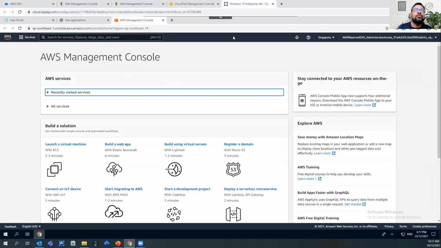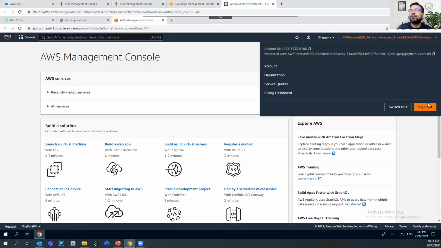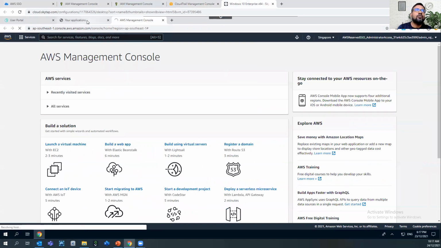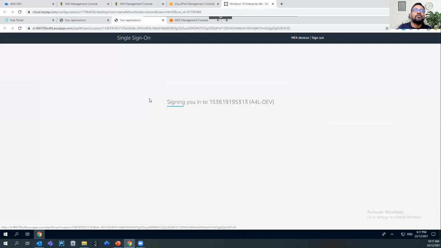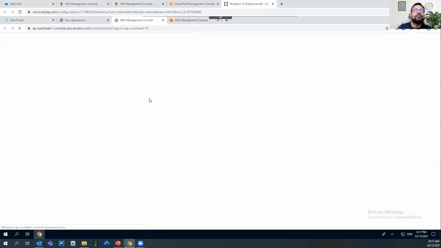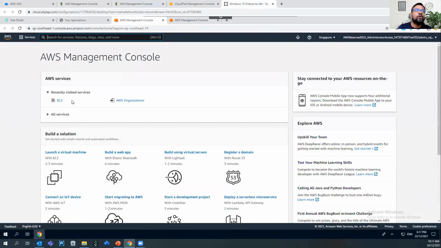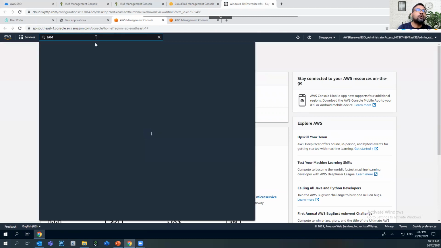So let me log out from this specific account and we will try to assume a role in another account. I will simply click on the management console account. Once we are able to authenticate, we can simply go to the IAM.